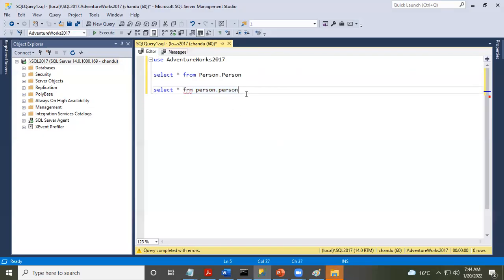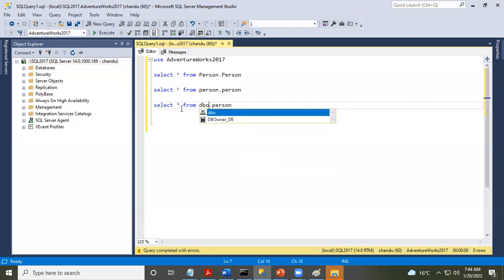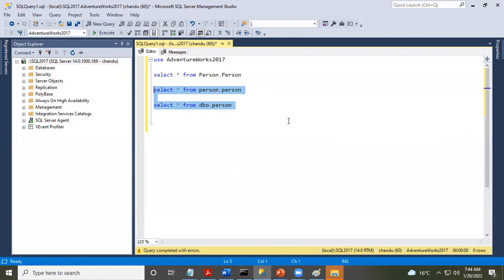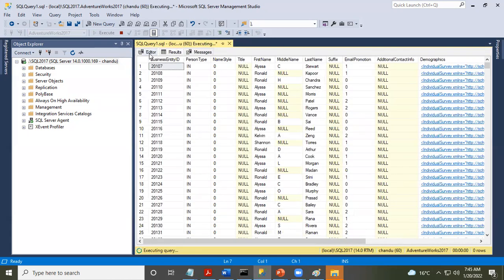If there are no syntactical errors, then it will go to the algebraizer. The algebraizer is nothing but your schema binding, right? So schema binding is nothing but, for example, if I execute this person and this, these two are different select queries. These two are different because they are bound with different schemas, right? If you use select star from person to person, it can be a different table, right? For example, let's say,